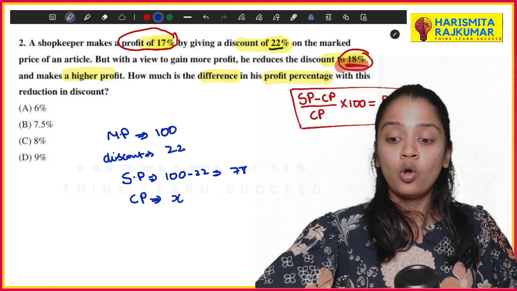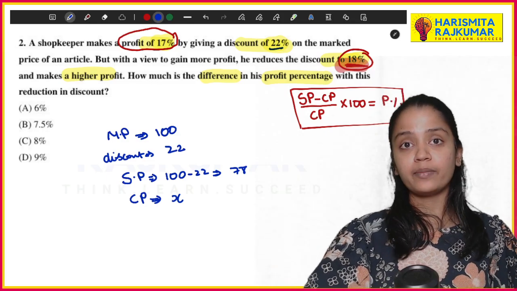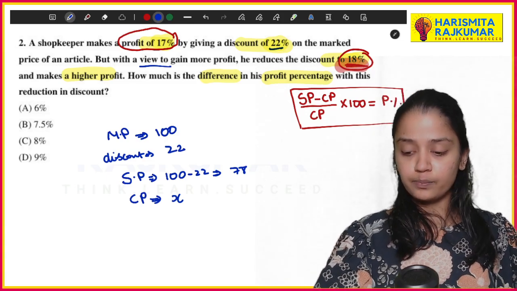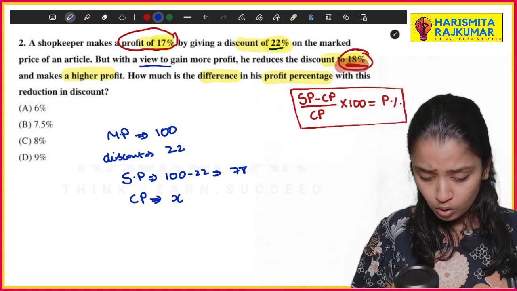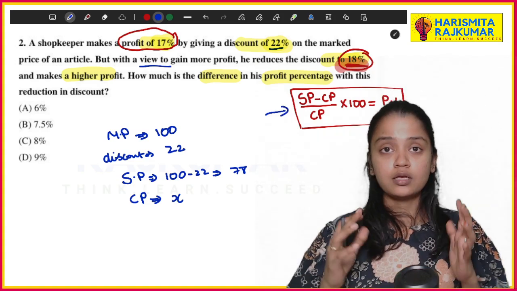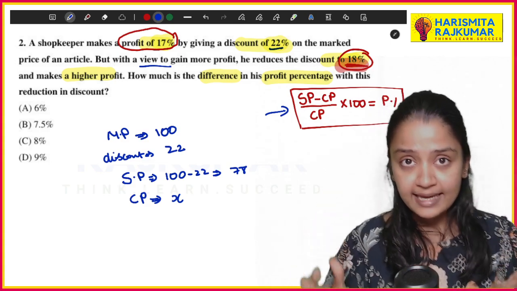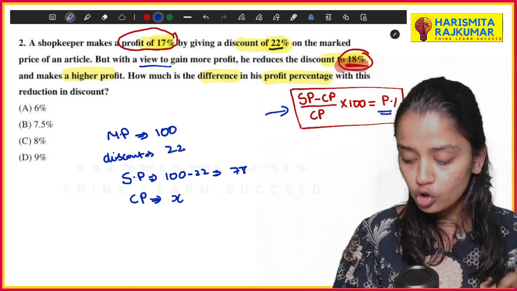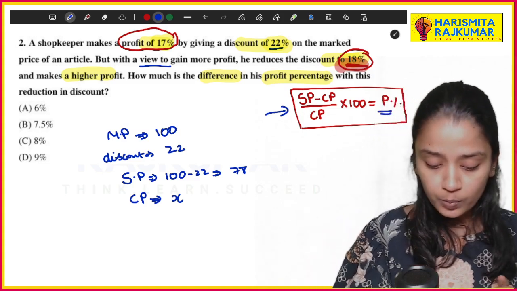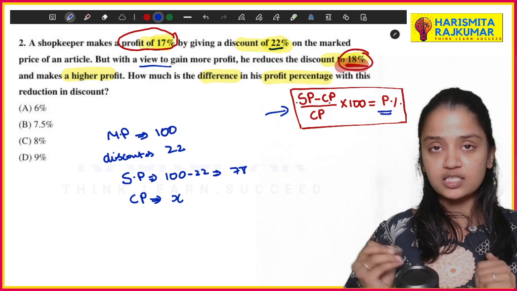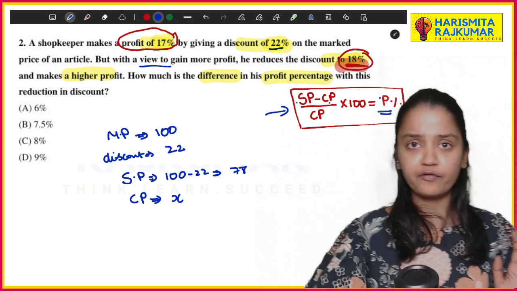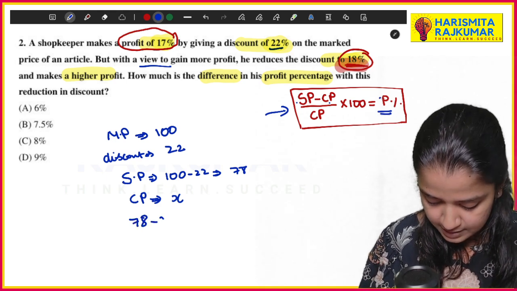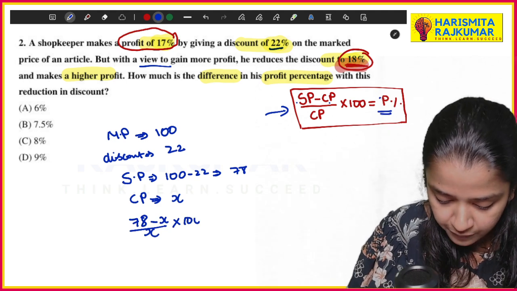Now, what am I supposed to find? I have to find the cost price in order to solve the second part of the question. For that, this formula you should use: selling price minus cost price, divided by cost price, into 100 gives you the profit percentage. Here we know the selling price and we don't know the cost price. We know the profit percentage, so we can find the cost price. So (78 minus x) by x into 100 is giving